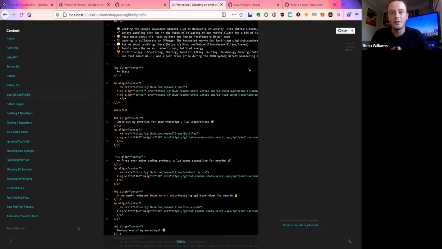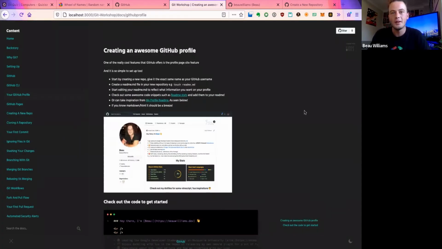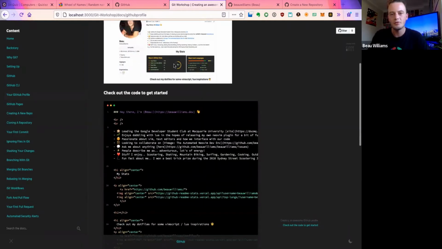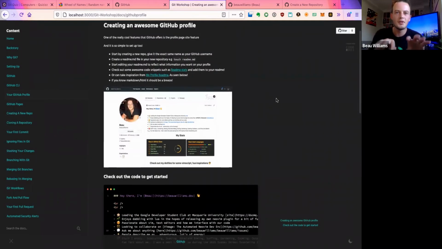So that's another cool thing about getting your GitHub profile set up, is you can create a readme.md file in a repository that's given the same name as your username. And then from there, you can put in information, anything you want. You don't even have to use these special little HTML things. You can just write a description about yourself or anything that you want, really.